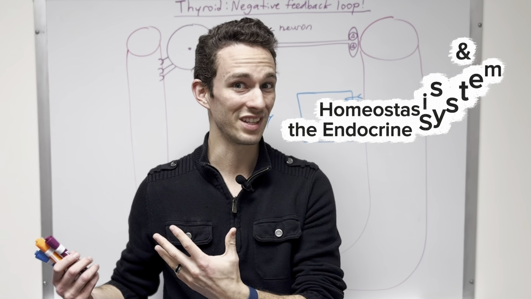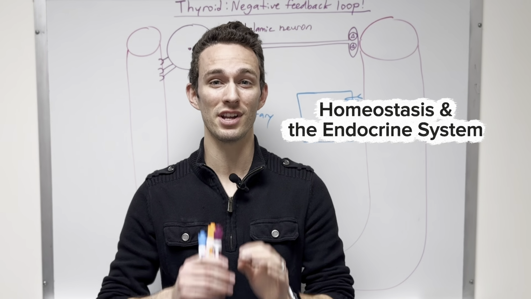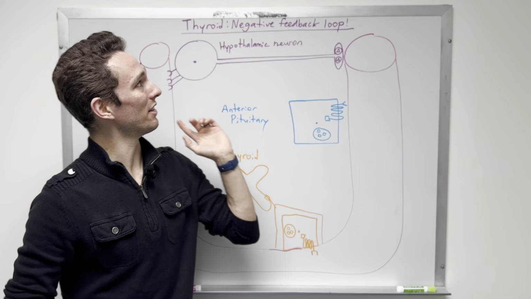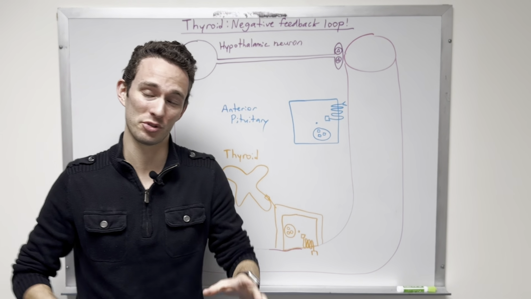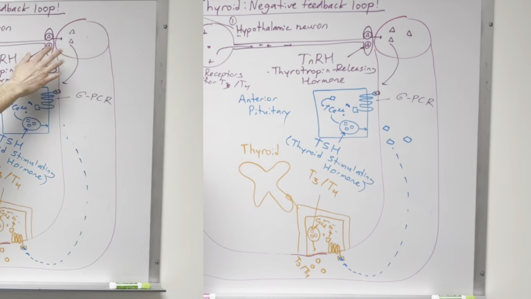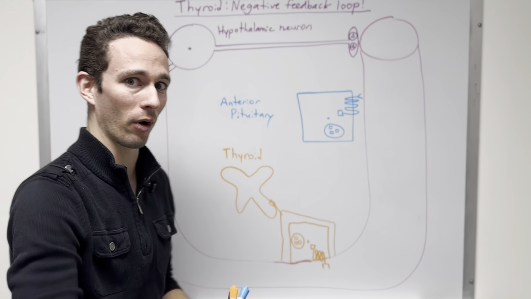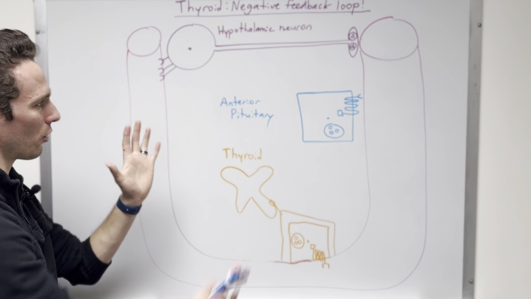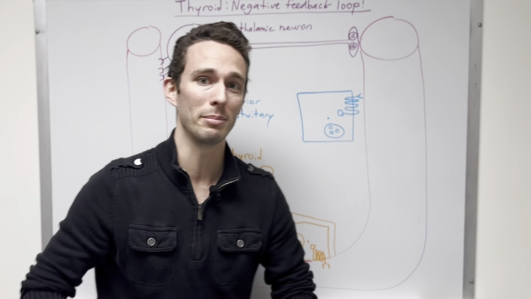When it comes to homeostasis in the endocrine system, there is not a better case study than the thyroid hormone negative feedback loop. So in this video, we're going to go through the simple negative feedback loop of the thyroid hormone, specifically T3 and T4, and see how it interacts with other organs in the process so that we maintain